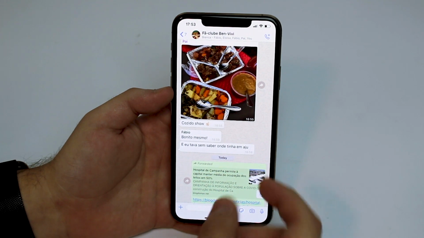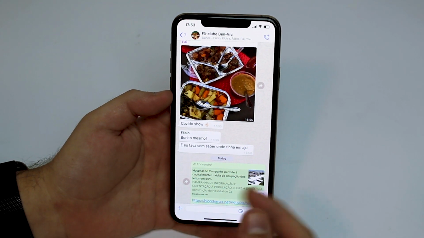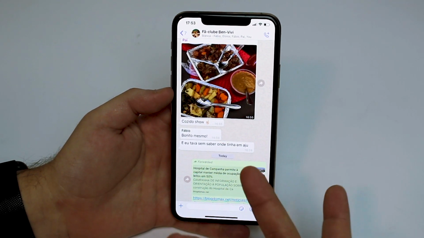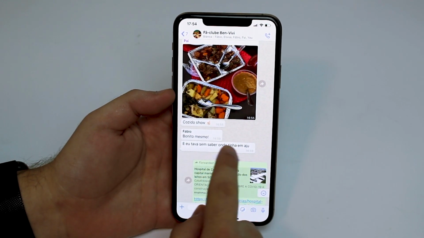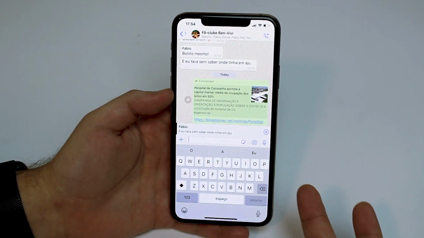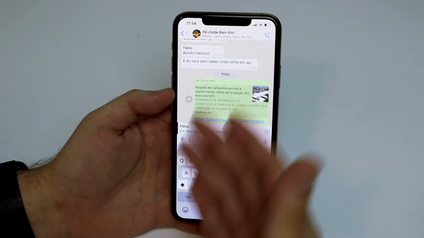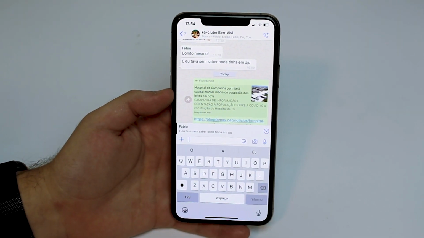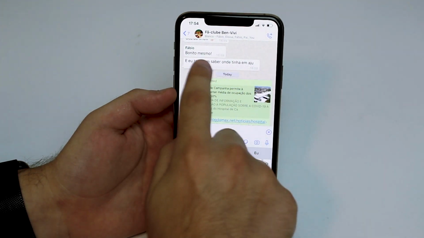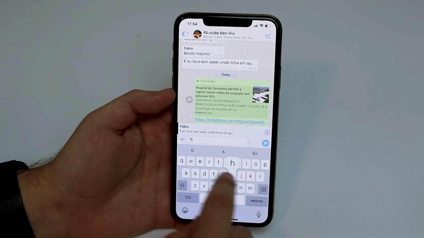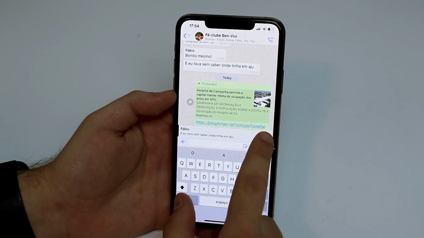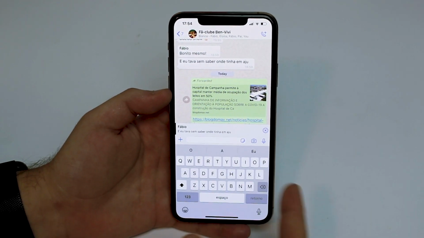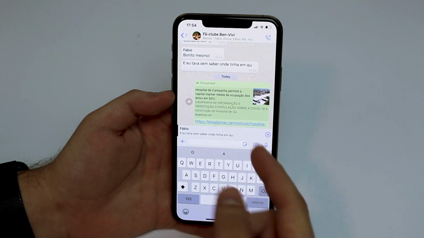Now, if you're in a group chat, there are actually two ways you can reply to a message or to someone. You have this message right here from somebody, and you can slide to the right and reply back to them, and then it's going to be public to everyone in that group. That's pretty obvious. So you type your reply and everyone will see it on the group, and that person will be notified of that message specifically,